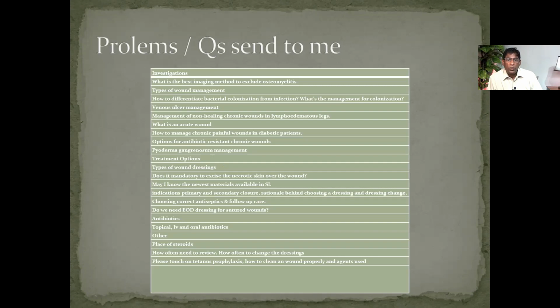Management of non-healing chronic wound in lymphoedematous leg. So it's a very difficult task. So I had one patient with chronic lymphedema and a wound. He was a Down's person at 40 years, so somewhat mentally subnormal. But I kept this patient in the ward until the wound heals with the elevation. Purely with the elevation, you may have to do a wound toilet once and antibiotic if there is any evidence of infection, and then just elevation because lymphedema, nobody does any kind of surgeries.